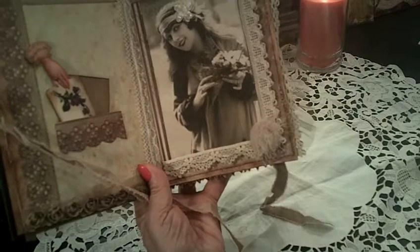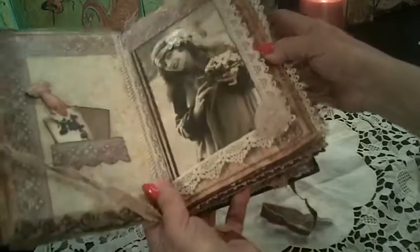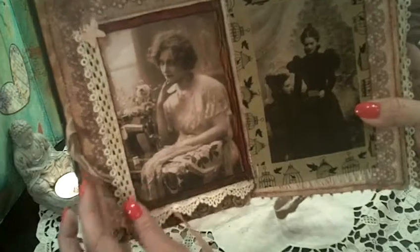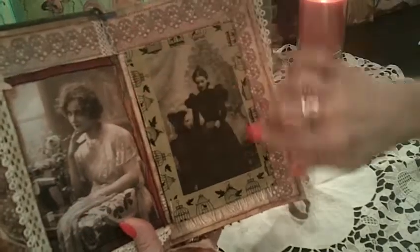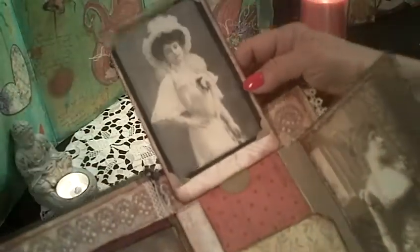On this page I have just a vintage image that I loved, and I put a little lace flower here on her hair. I don't know if you could see it. Hope so. And I have lace all around it, and this opens like this, and this is just another vintage image with a butterfly and a lady deep in thought. This page, that's washi tape. I made it to look like a frame. This opens up like this with another vintage image, and then this one flips open like this,